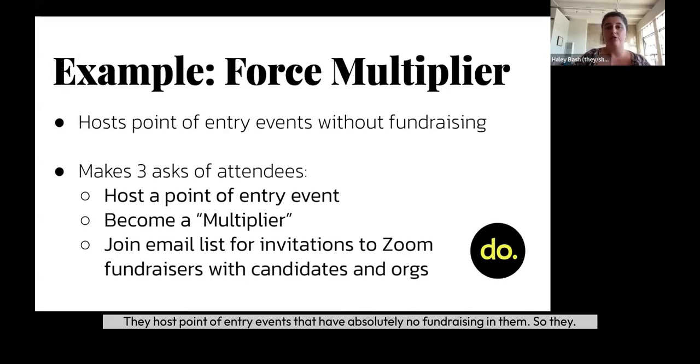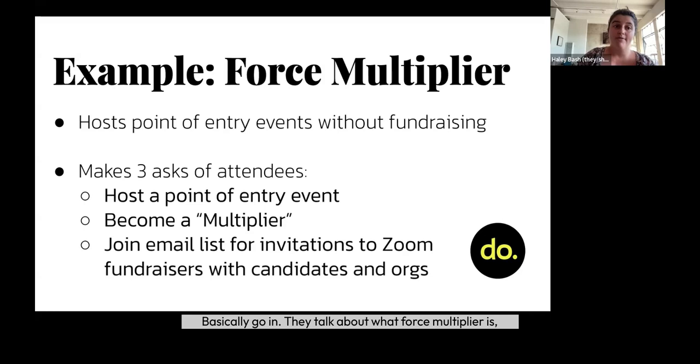They host point of entry events that have absolutely no fundraising in them. So they basically go in, they talk about what Force Multiplier is, who the people are, what they do, what the impact is. But they don't make a fundraising ask afterward. They actually make 3 asks of attendees, and you could checkbox all or some. Hosting a point of entry event yourself,